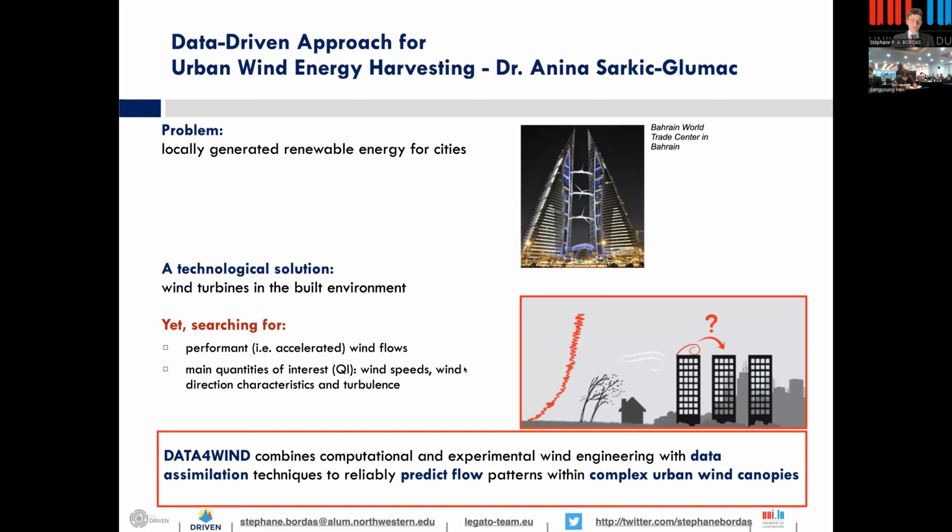So that project, Data for Wind, is trying to combine computational and experimental wind engineering data. We are working with some of the best people in wind engineering from the experimental angle in various places in Bochum and in the Netherlands. And we would like to be able to predict the flow patterns within complex urban wind canopies. As you know, probably,